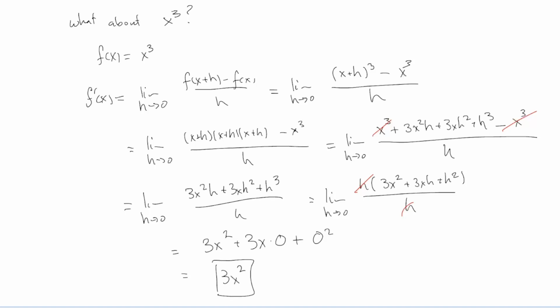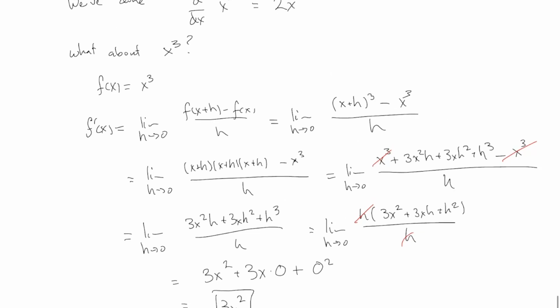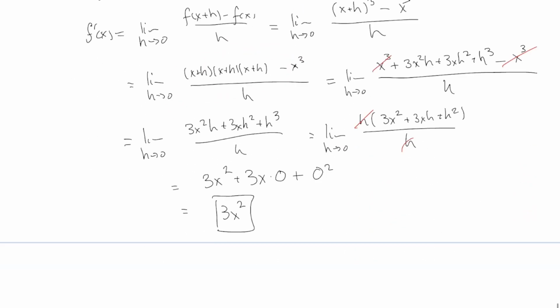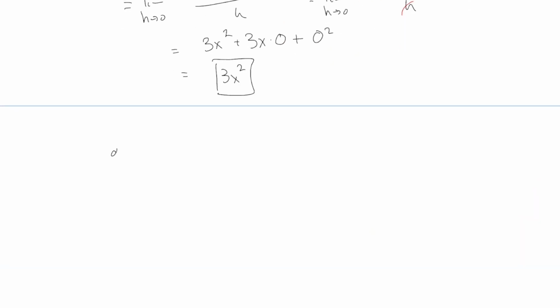That is probably the last time we're going to actually use the definition of the derivative in class. So what I was trying to make a comparison with this one here, right? So maybe I will write, just to summarize here, the derivative of x squared is 2x. The derivative of x cubed is 3x squared. All right? And there is a pattern here. If I were to write this in general,